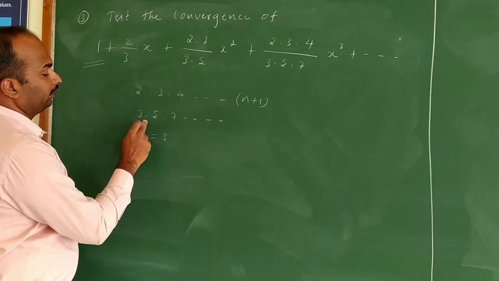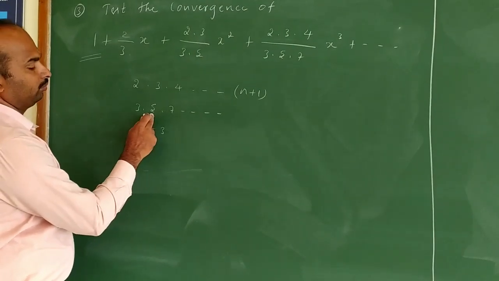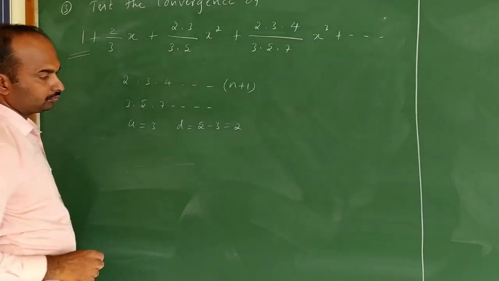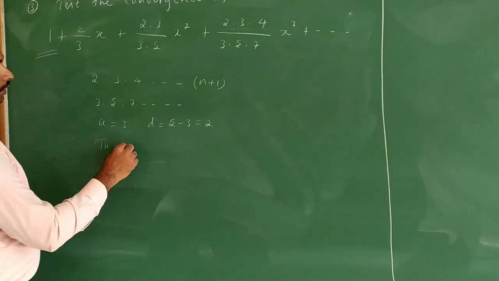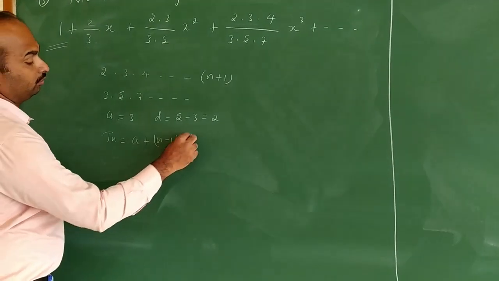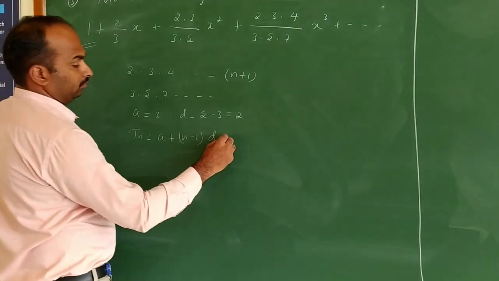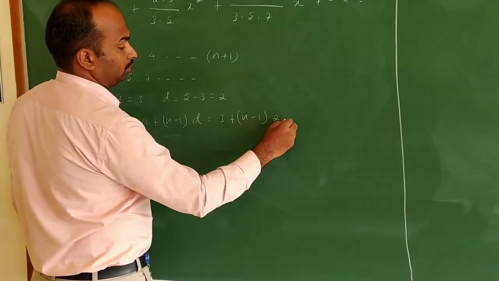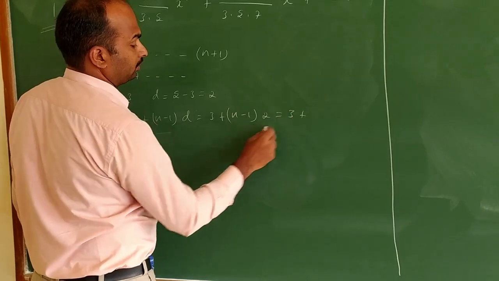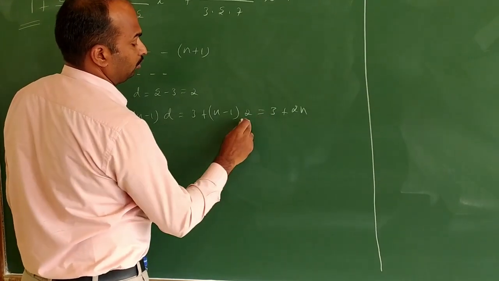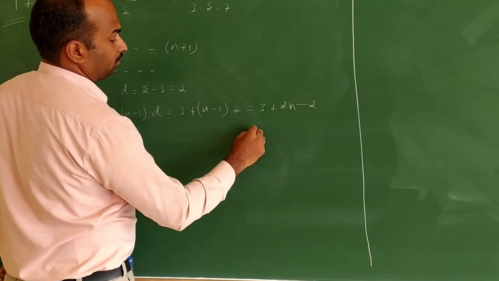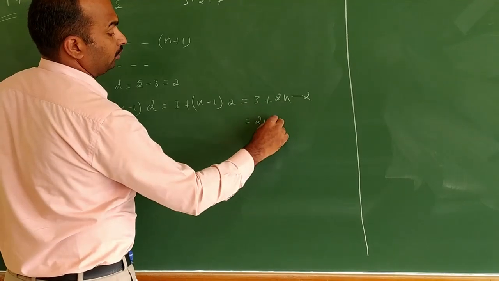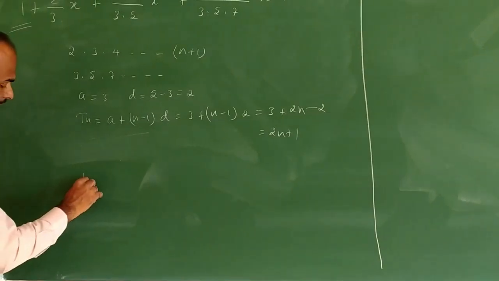The difference between any two numbers, 5 minus 3 or 7 minus 5, that is 5 minus 3, is 2. The nth term of the series is given by a plus (n minus 1) into d, where a is the first term, that is 3, plus (n minus 1) into d, that is 2, which is nothing but 3 plus 2n, and 2 into minus 1 will be minus 2. So therefore it is 2n, and 3 minus 2 will be plus 1. So therefore the nth term is given by